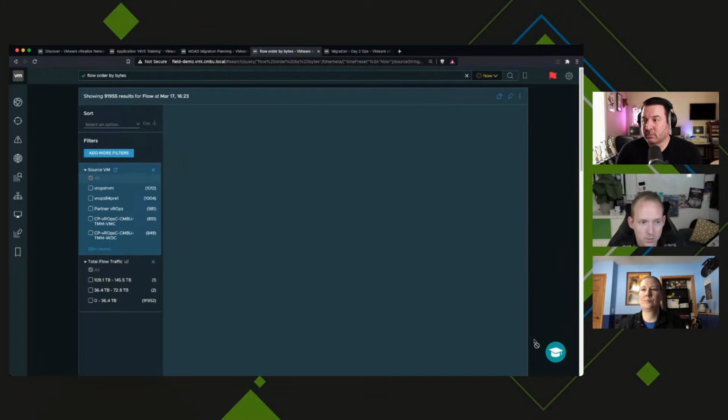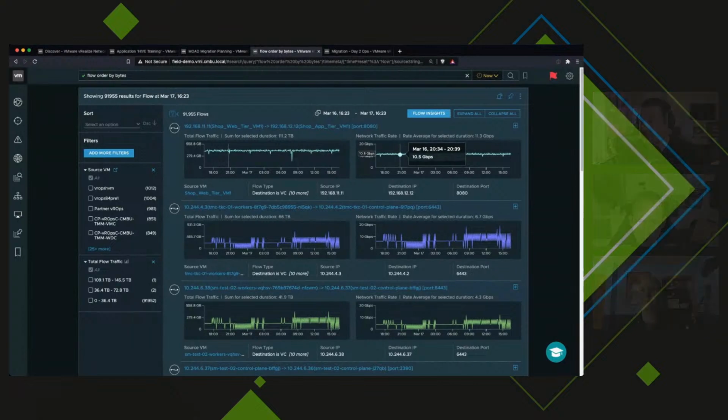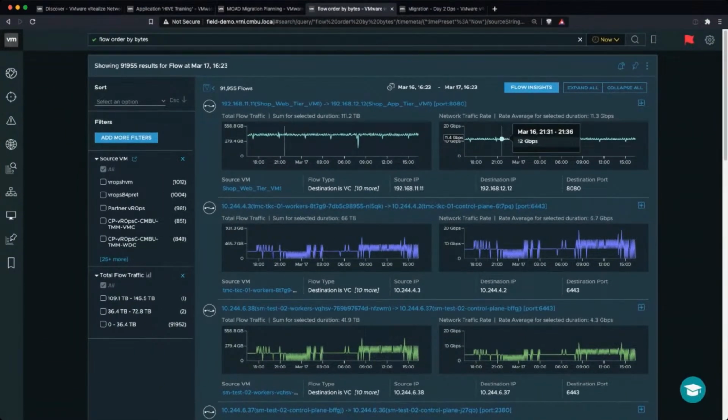You can group by these. So you can see the VMs, the workloads that are actually doing this traffic. For example, if I look at this flow, this is a pretty heavy flow. I mean, this is more than 10 gigabit consistently. If that's the top talker of this application, then I would go in and look at this specific VM. And I can open up the dashboard of that VM to get a closer look at what that VM is actually doing. But I would go down to the top talkers, see what it's actually doing, and then